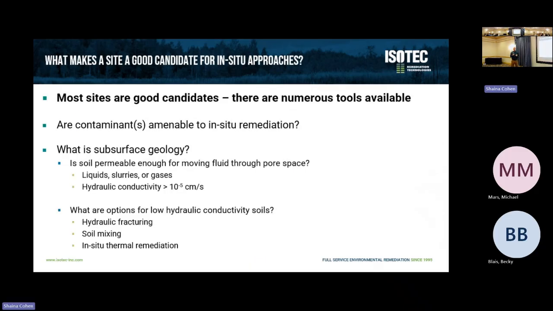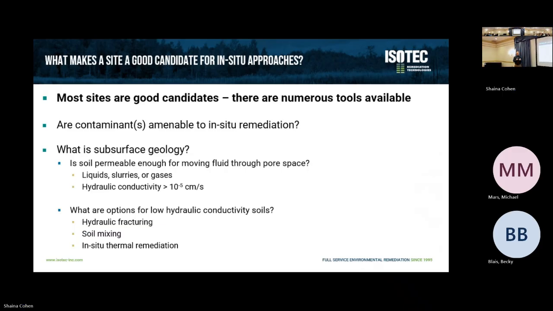So what sites are good candidates for in situ remediation? Many sites are, because we also have many different tools, which will be presented today by the different presenters. One of the most important questions to ask, and each of the presenters will touch on this in more technology-specific ways, is: is the contaminant amenable to treatment? If that's the case, then we can at least start considering it and doing a more detailed